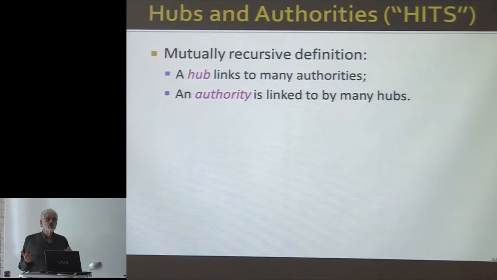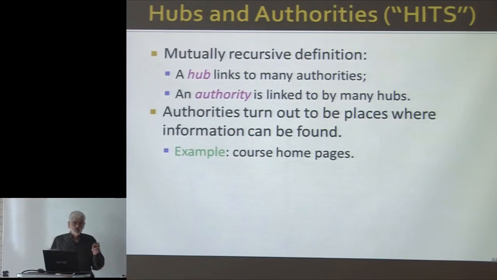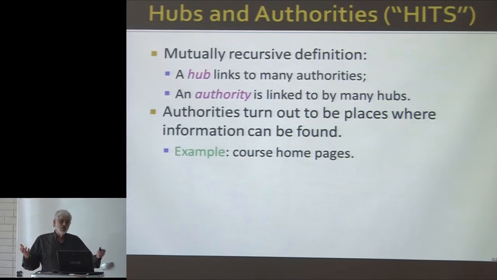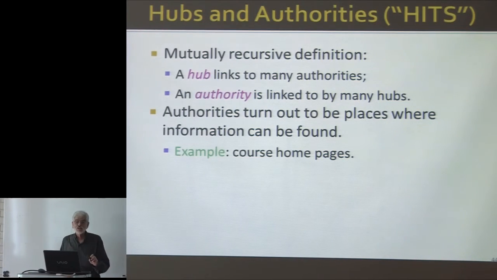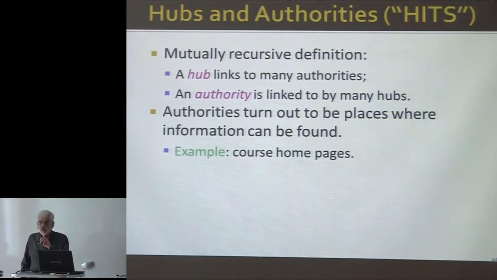A hub links to many authorities, and an authority is linked to by many hubs. Now, when you solve for the degree of authority or the degree of hubbiness that a page has, what it amounts to is that authorities turn out to be the places where you can find information at